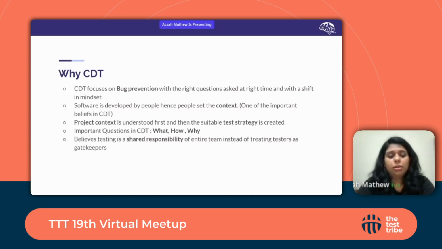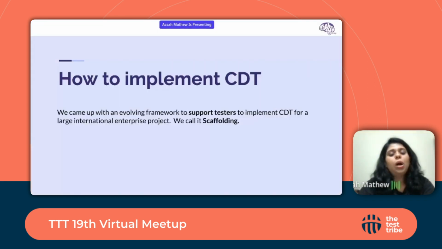So that is one of the beliefs. Now we will move to how to implement CDT. This question might be a bit misleading, but like I said, implementing CDT is something which we cannot really define. It can be different in different contexts, but I'm going to show how we implemented CDT in one of our